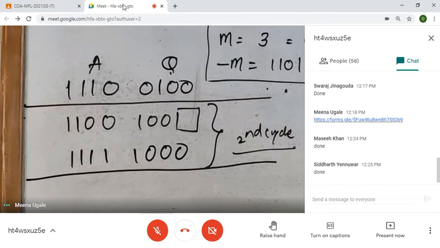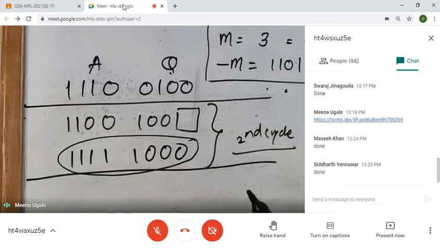Some write just a drawing of 1010. Not for all, I say, but few students do like that. So somewhere if you mention this is first cycle, second cycle, it's quite easy for us to check at least the cycle's result. Like, if this result is coming, I can understand, okay, first cycle is correct, second cycle is correct, so it's quite easy for me to give you marks also.